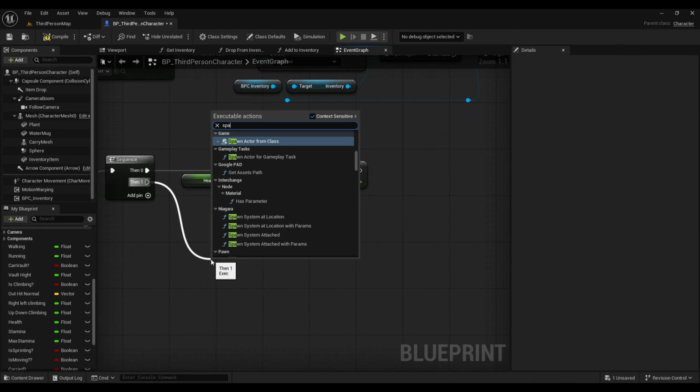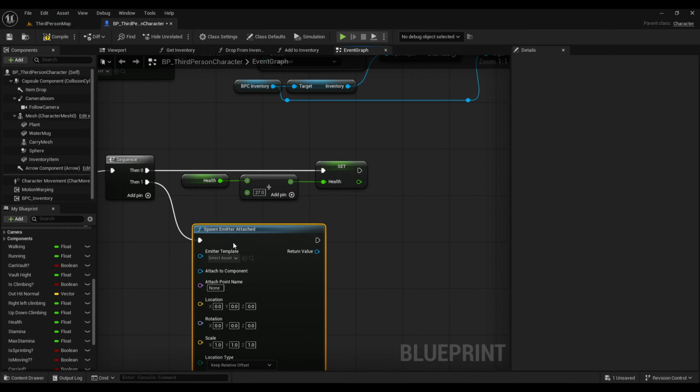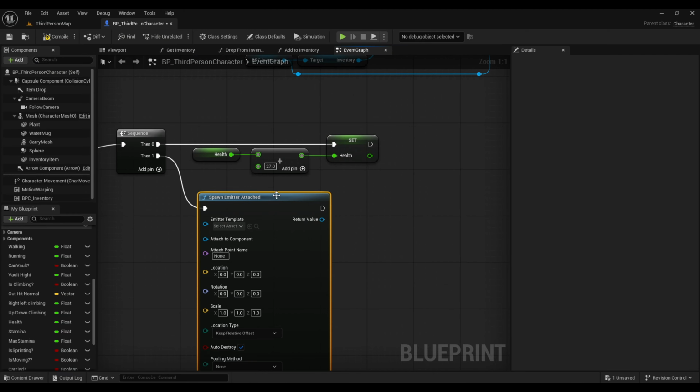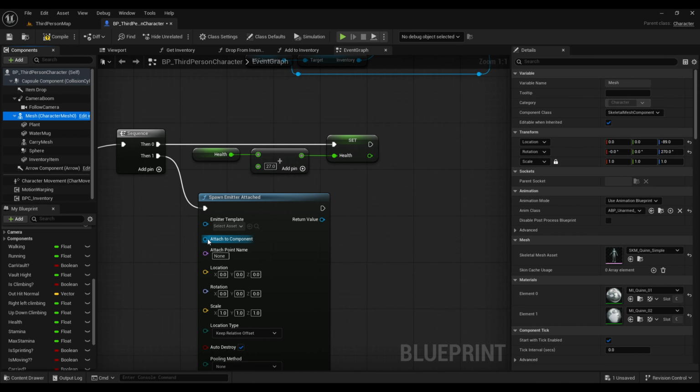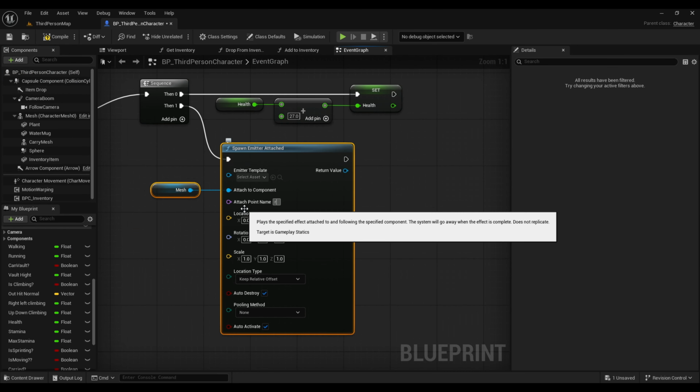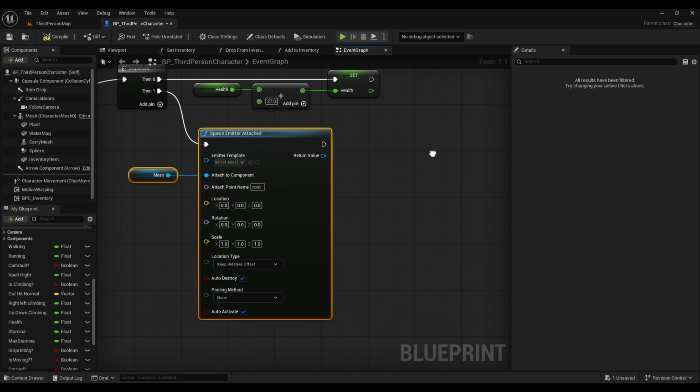So just search for spawn emitter attached, because we don't want it to be spawned at the location, we want it to be attached with our mesh. So I will simply select the mesh. I will just name it as root so that it will attach with our root. And for this emitter we have the FX pack, so let me open that pretty quick. Here inside the particles I will use this healing aura and I will assign it here, and let's see how